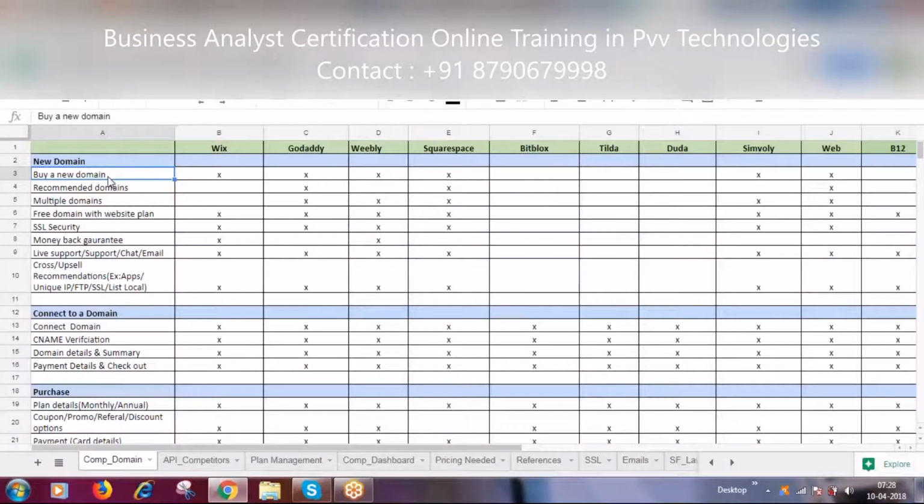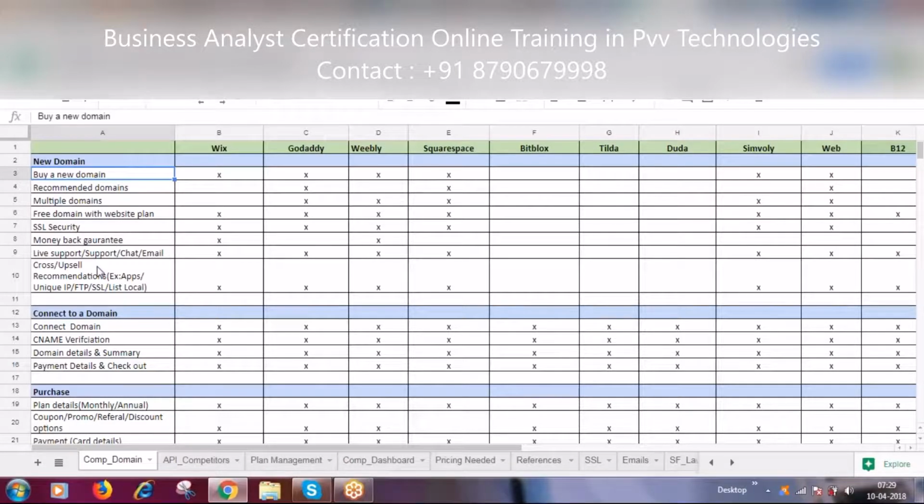So a simple requirement will be, we will be having a requirement, buy a new domain. But internally, if you could see, this buy a new domain will have different user stories. Each and every feature will be having multiple user stories, or even a single user story, depending upon the complexity of the requirement.